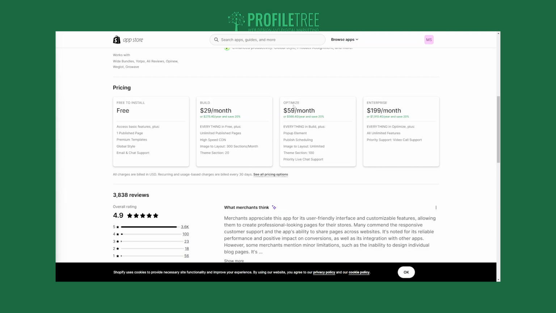With the optimized plan, it's everything in the build plan, but with more features like a pop-up element and publishing schedule. And then you've got the most expensive plan, which is $200 a month, which is everything that's included in Optimize, and all features are unlimited, and you get priority support as well. You actually get video call support, which is quite a new